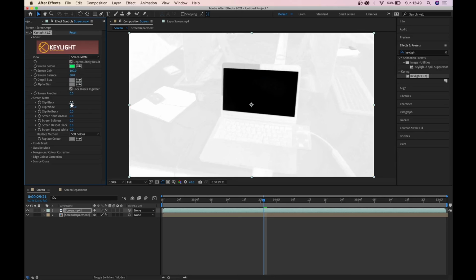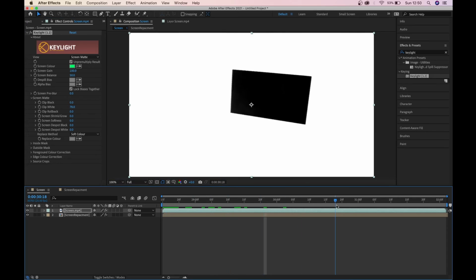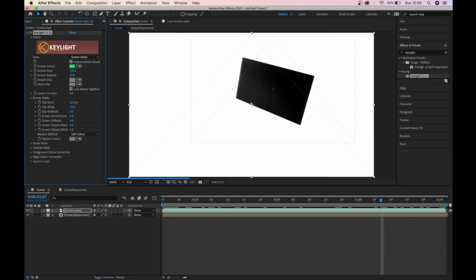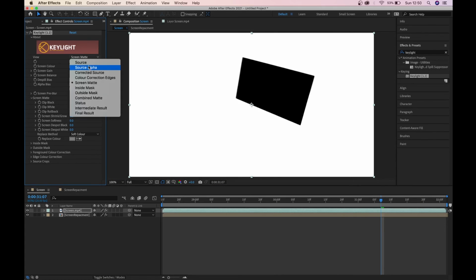So it looks like we're clipping the black perfectly well, but we do need to clip the white a little bit better. There we go. Let's just go through and make sure that's good all the way. It is. We've got a little bit of fuzz here, so I am going to go in and just make a small adjustment to my clip black. There we go. Now, if I go back to my final result,